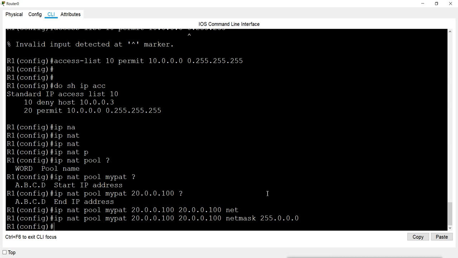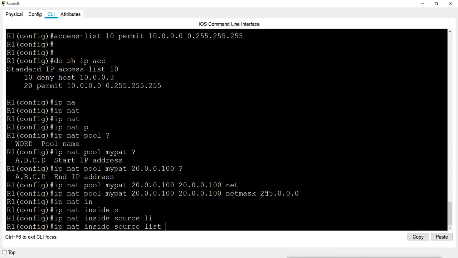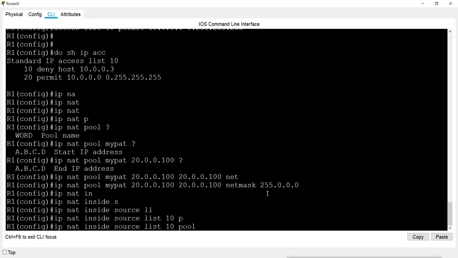For mapping we will use the same command: IP NAT inside source list 10 pool my PAT. Till now it is the same command as dynamic NAT. Now what is different here is this.